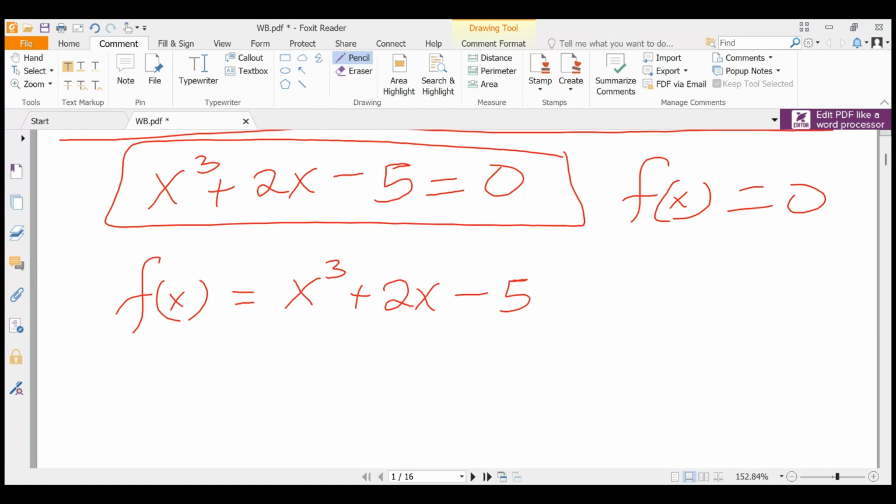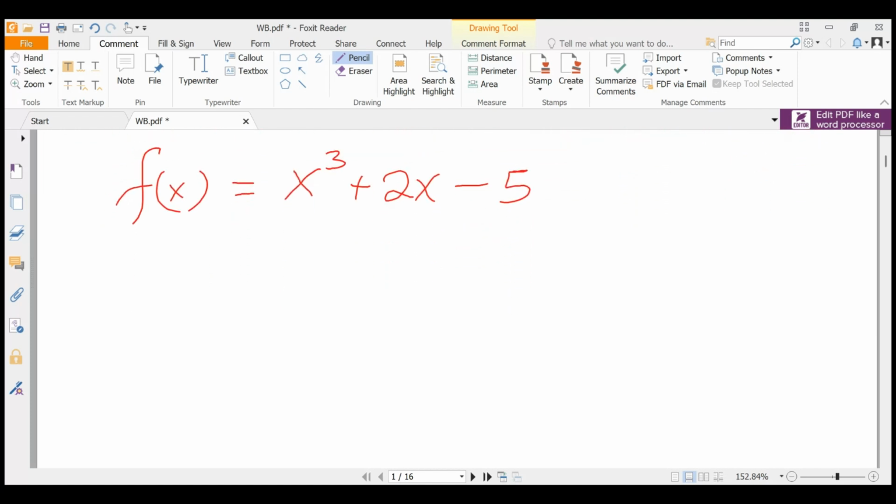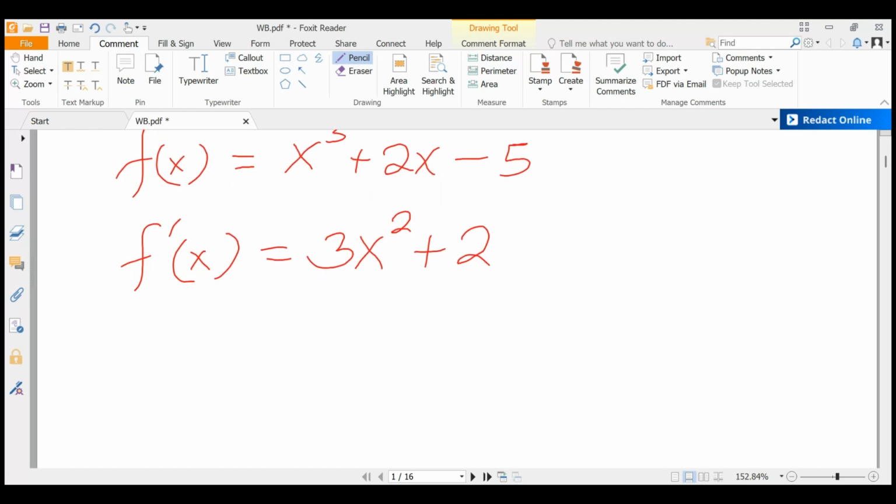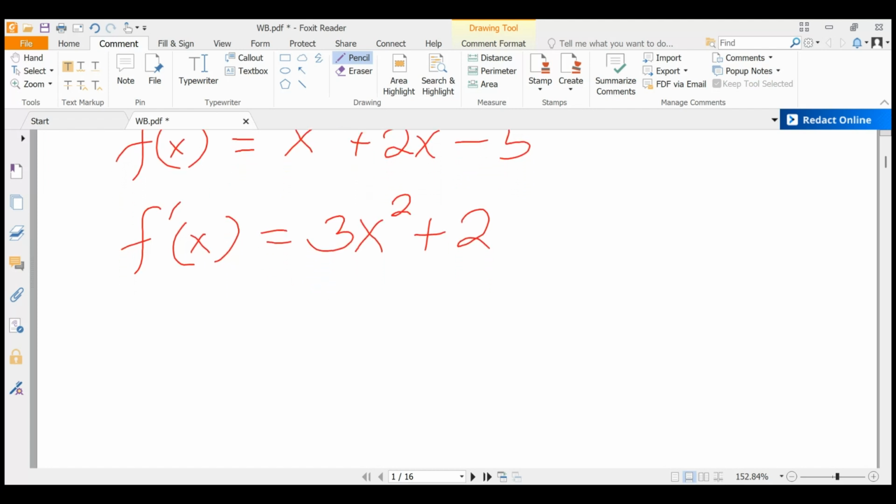So next we differentiate this function with respect to x. We shall call the derivative f prime of x. So the derivative is given by 3x squared plus 2. So we now substitute these expressions into the Newton-Raphson formula. Remember, the formula